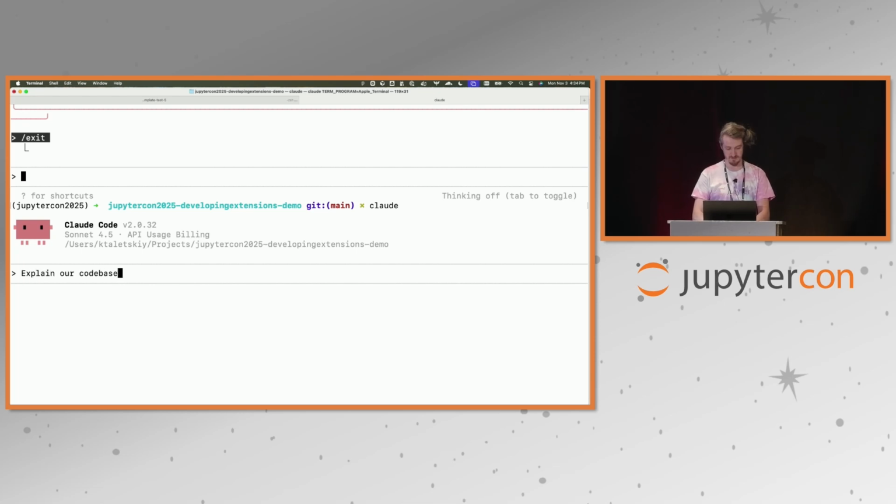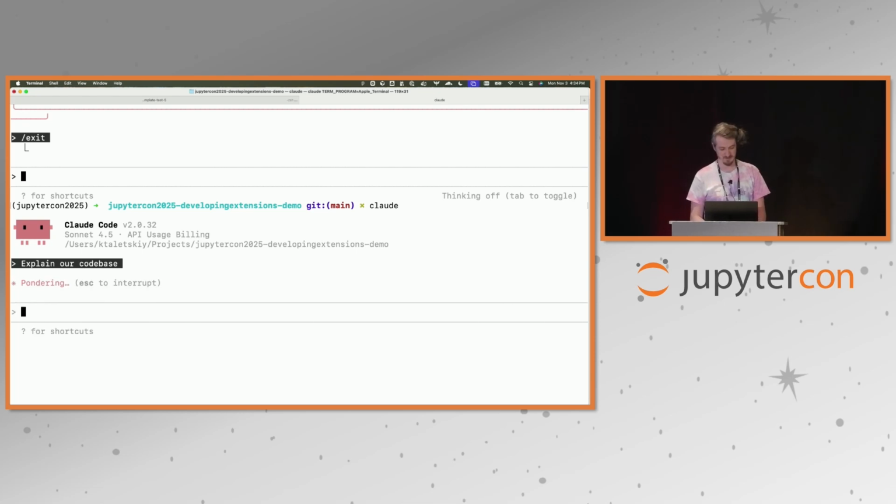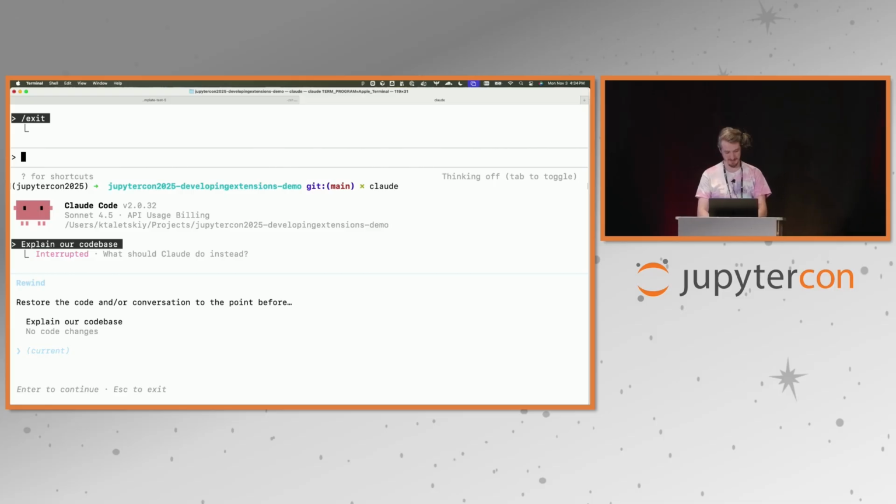explain our code base. And then it's just going to ponder. It's kind of cute. It always says something different here. That feels like a bit much. In fact, maybe we could restore it to its previous state, get rid of the stuff that the LLM did before, and just have it explain the extension as it was, because then it's a little smaller scope, more comprehensible. Okay, so I'm going to interrupt it, and I'm going to do